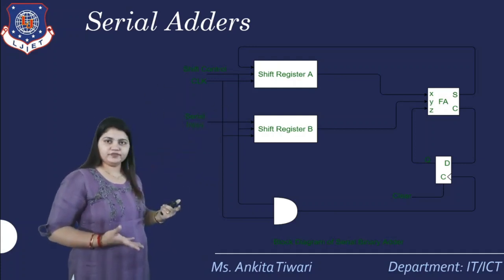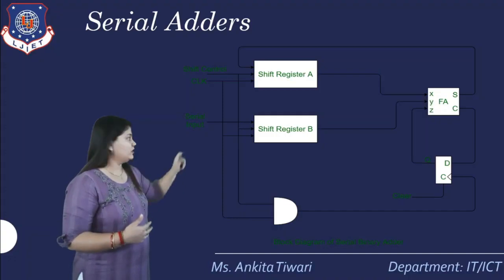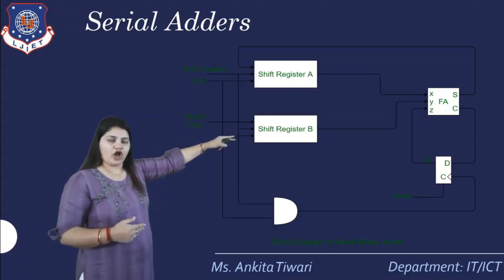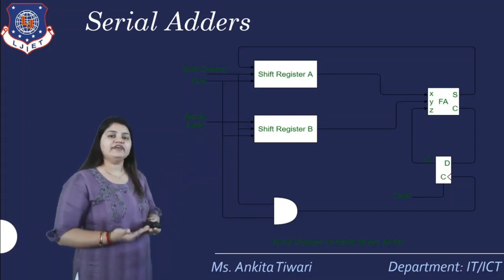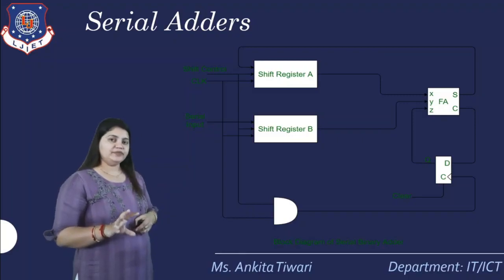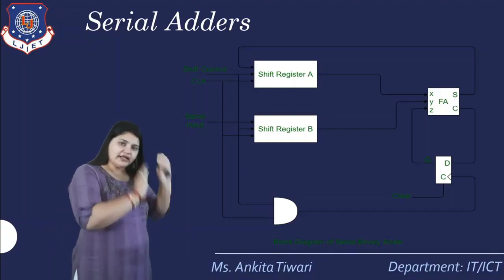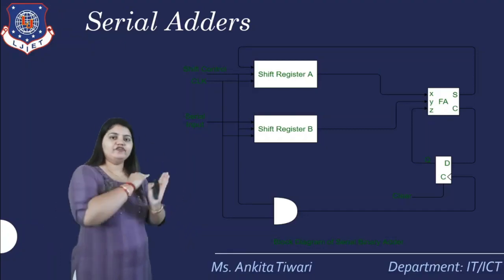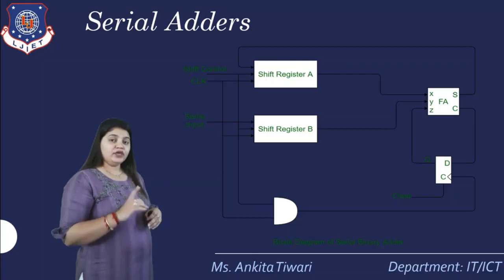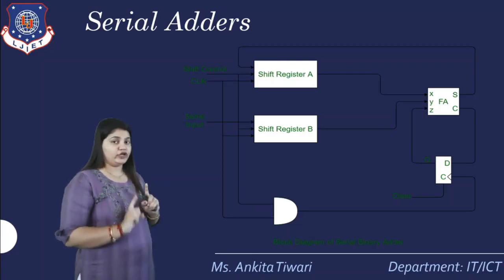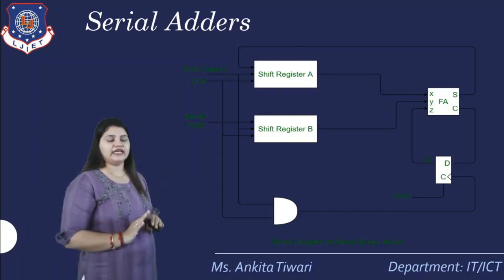Clock is applied common to both of the shift registers in order to handle getting the output. And since it is applied with respect to clock, we need to clear the content also, because we are carry forwarding and using the same circuit. If one bit addition is done, we'll get sum and carry, which we need to store at another position, and we need to clear that value and input another value in order to add it and then carry forward to the next value. So here the operation of clear matters a lot. We have to clear the content when one bit is done, and we have to transfer that bit, and only then can we clear it.